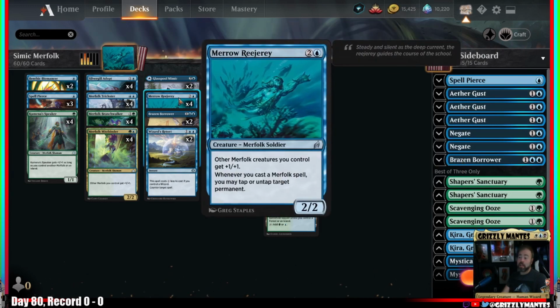I kept thinking copycat. Clone. Our next Lord, and this is the important one, Merrow Reejerey, a 2/2 for 3, gives other Merfolk +1/+1. Whenever you cast a Merfolk spell, you may tap or untap target permanent. This is really cool because normally you untap with this guy, you're usually either tapping down your opponent's team or